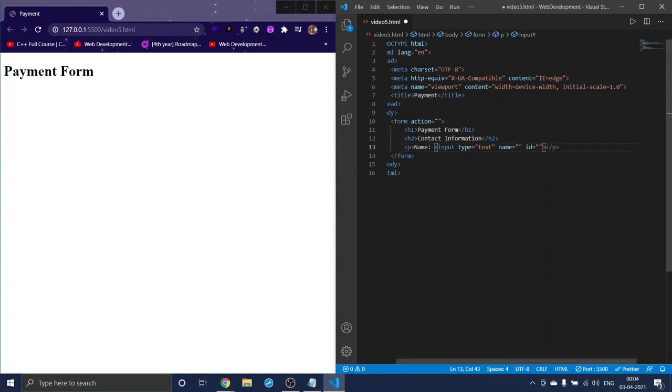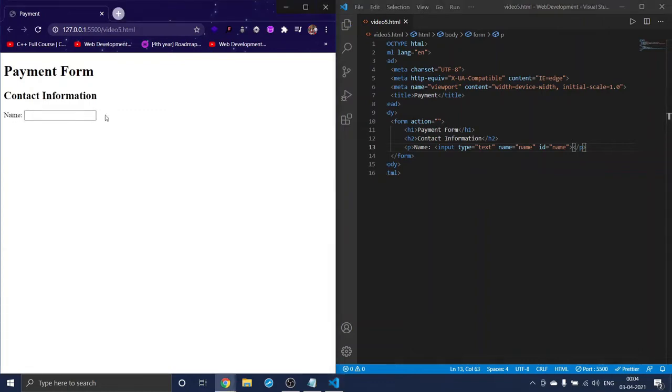Here I will give the value of the name as name, and the ID we'll talk about later, and I will give the ID as name. When you save this, you will get a name here, and an input element where you can type your name.